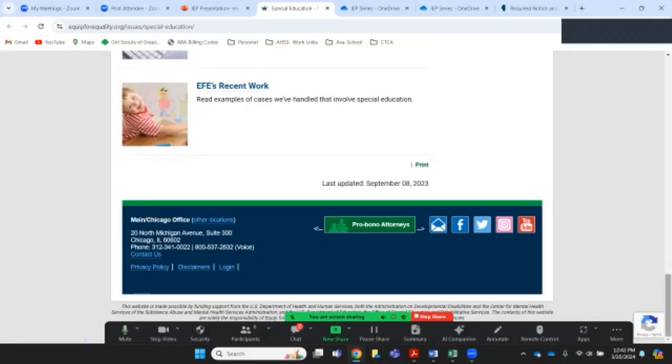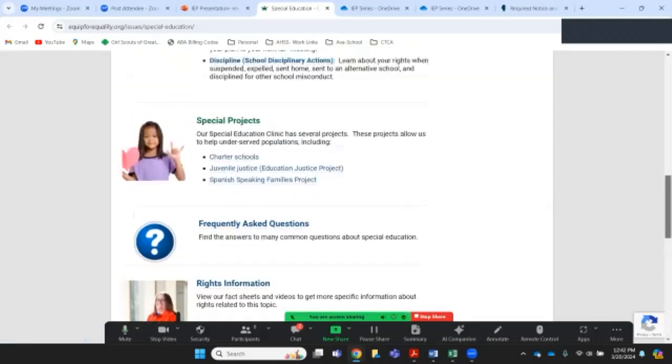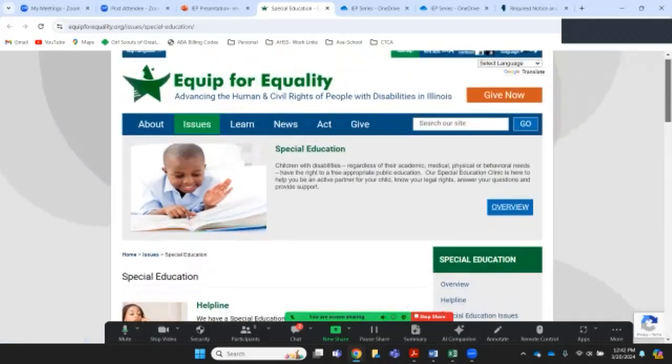And basically, the contact us form is like, if you feel that your rights as a parent or your child's rights to educational services are not being met within the IEP process, you can send them a message and they'll review everything. So in my experience with contacting Equip for Equality, I filled out the form and had all the information that I needed to submit to them. They emailed me back, asked a few questions if I could provide further documentation, reviewed it again,